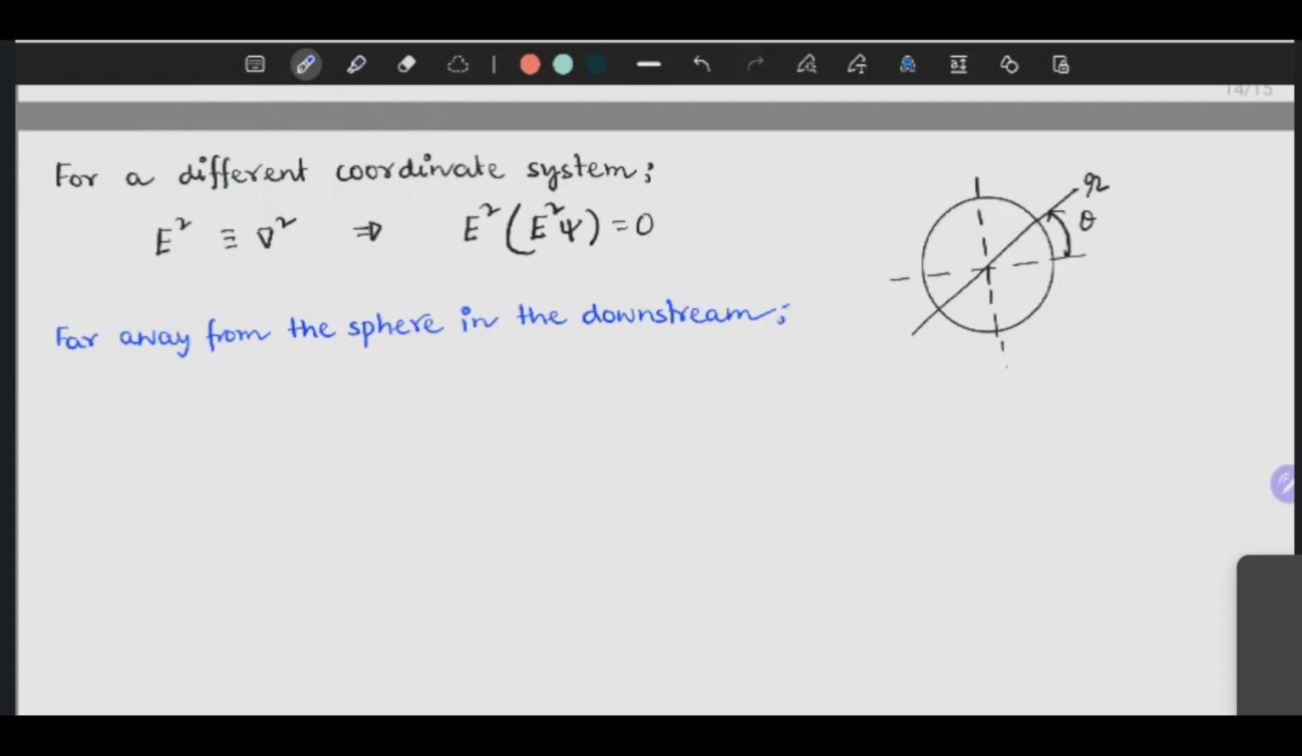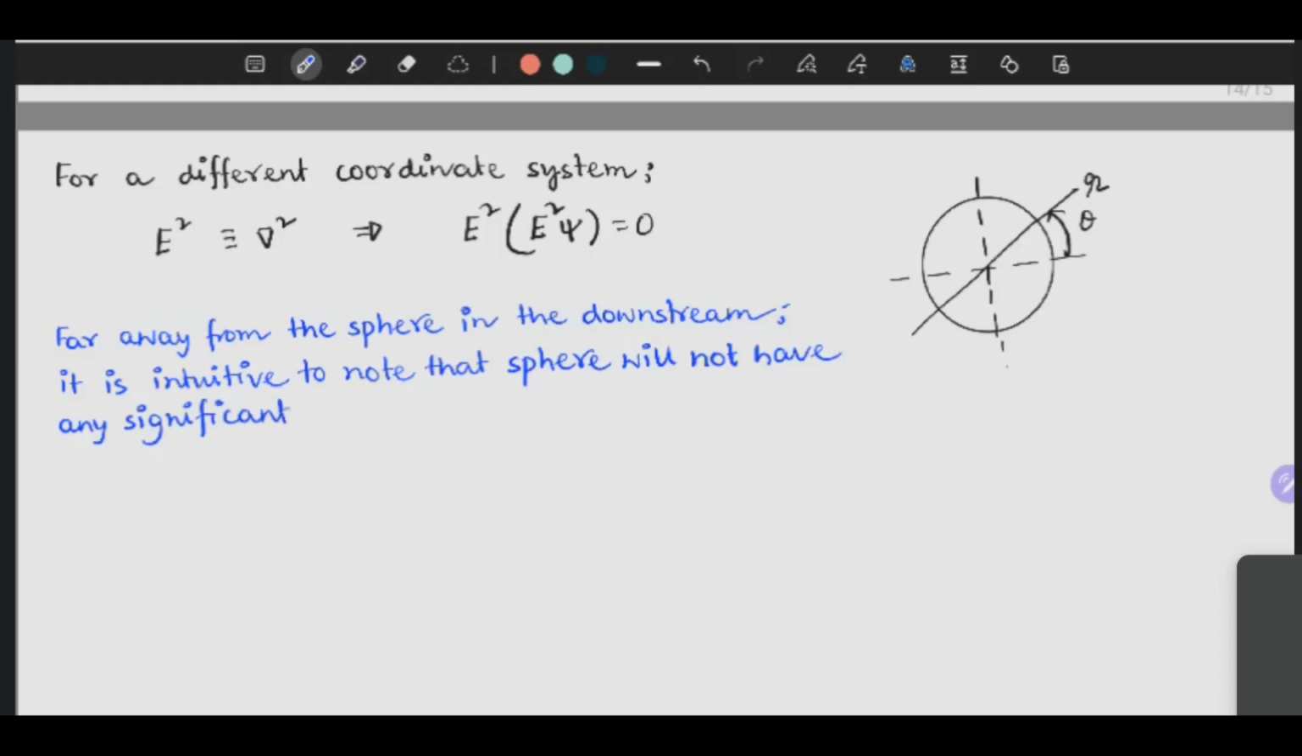the sphere will not have any useful contribution, or it is intuitive to note that the sphere will not have any significant contribution in this. Okay,